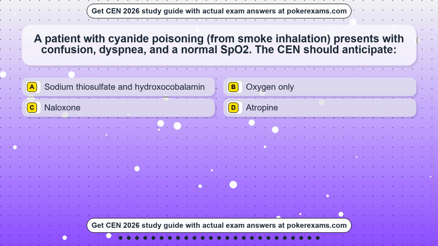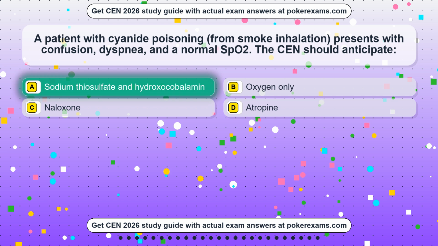Question 6. A patient with cyanide poisoning, from smoke inhalation, presents with confusion, dyspnea, and a normal SpO2. The CEN should anticipate: Option A, sodium thiosulfate and hydroxycobalamin. Option B, oxygen only. Option C, naloxone. Option D, atropine. The correct answer is option A,